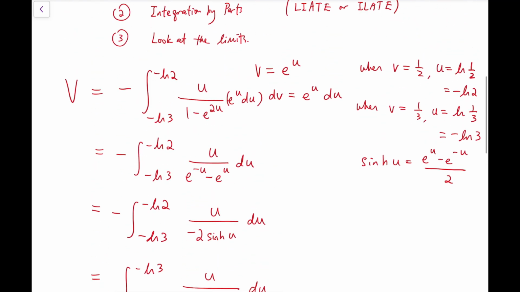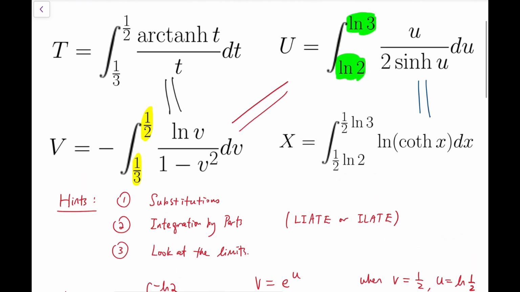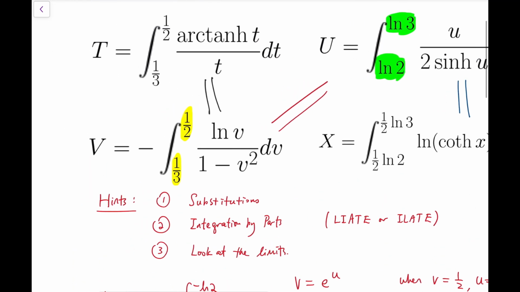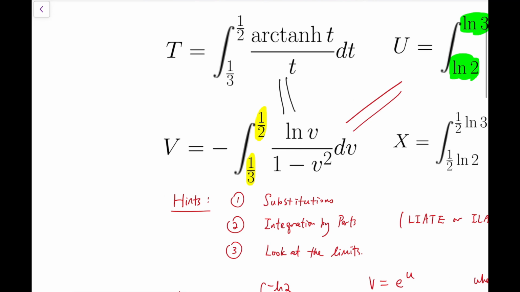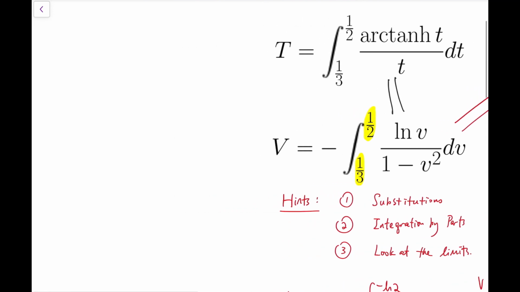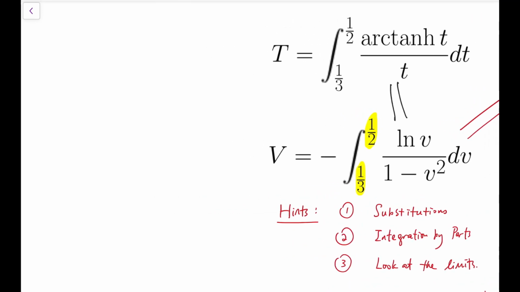So now let's move on to the other two parts that I want to show, which is that T equals V. So for the second part, I'm going to show that integrals T and V are equal. To show this, I'm going to use integration by parts. So for T,